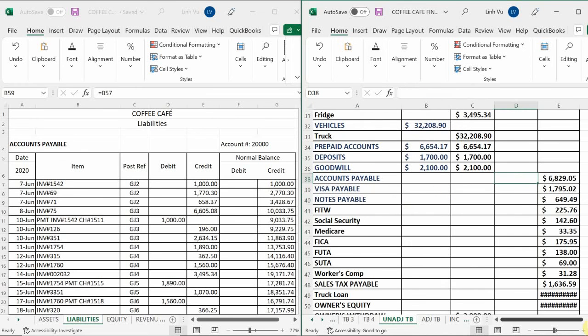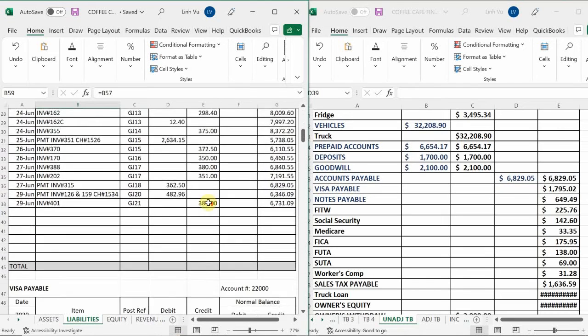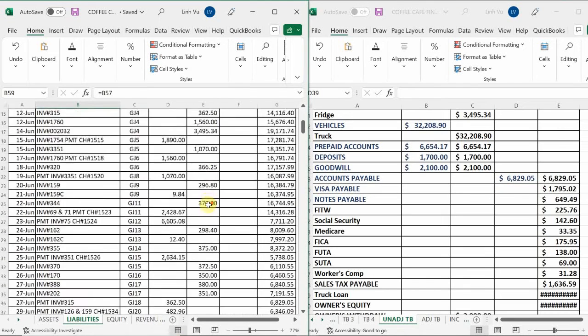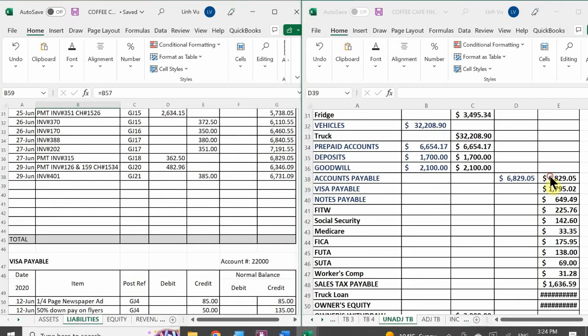So in this case, they're all main accounts. So let's take a look. Since my main account is going to be my accounts payable, let's see how much my current accounts payable is. So right now, top of the page, my current accounts payable is currently